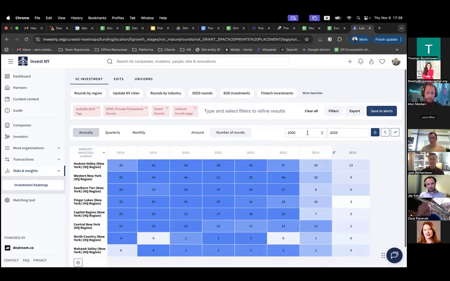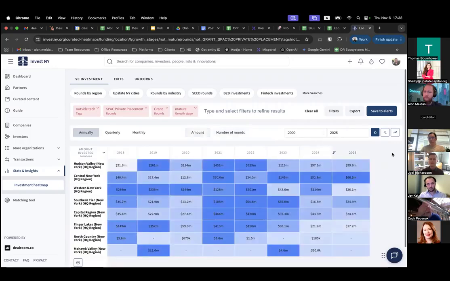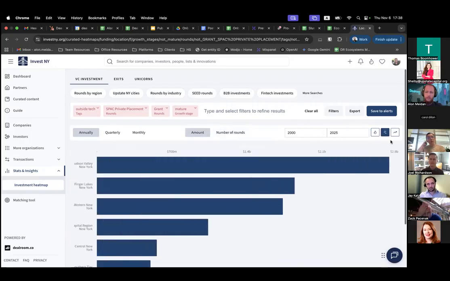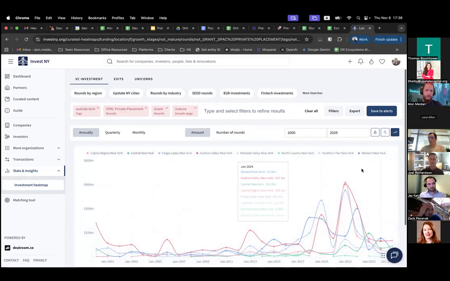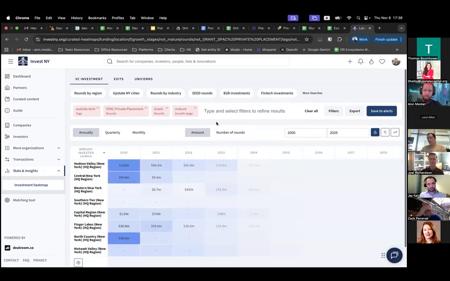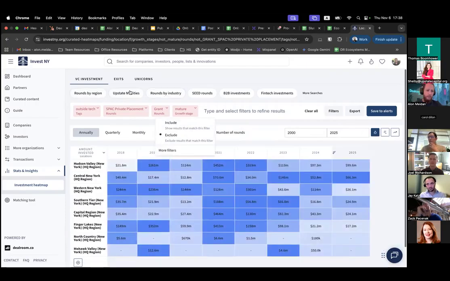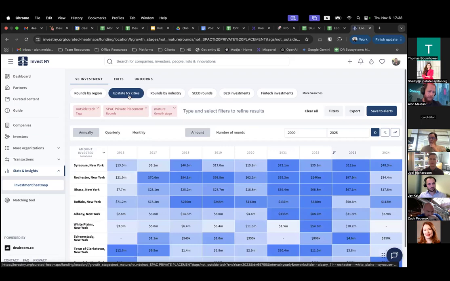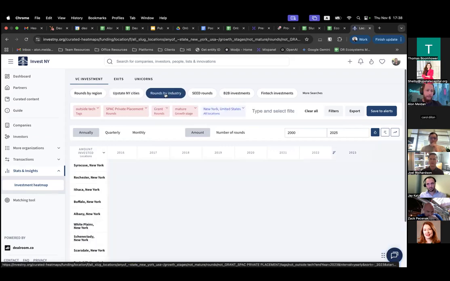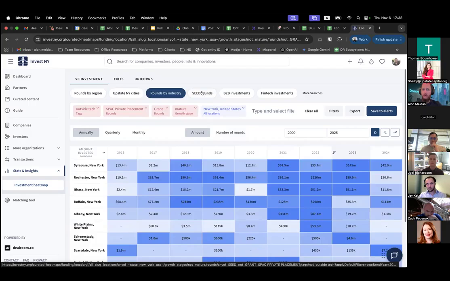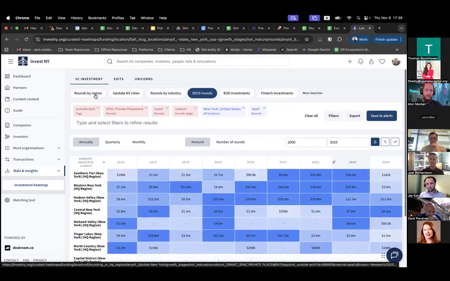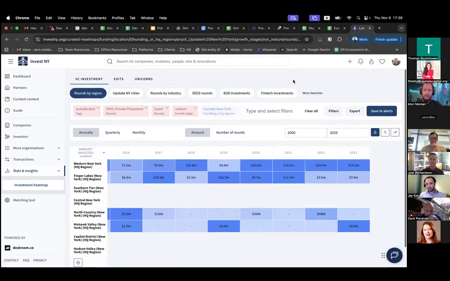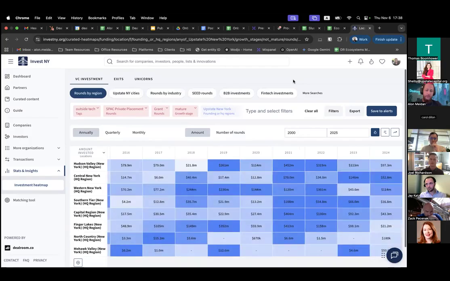We can play with the time frame, of course, and we can also change it to a bar chart and a graph just to have a better view of what's going on. There's also other options here and suggestions. For example, we can view it by city. We can view it by industry, right? So seed rounds, etc. All of these things are here for you to try and to see what works and what looks nice.